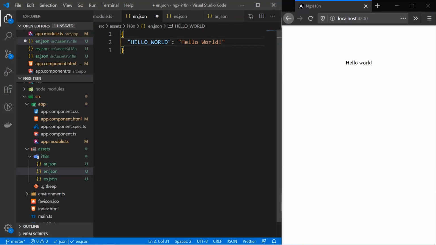Okay, and we'll copy that, paste in here. Okay, we'll use Google Translate to translate this value in Spanish. So this is going to be this.